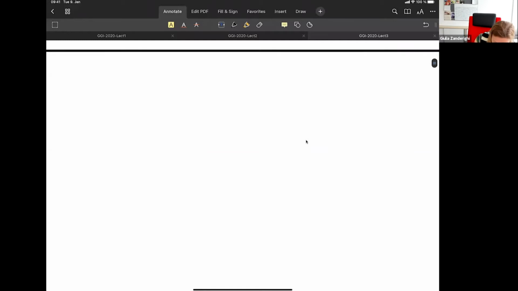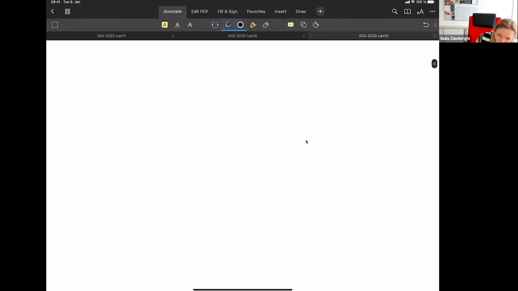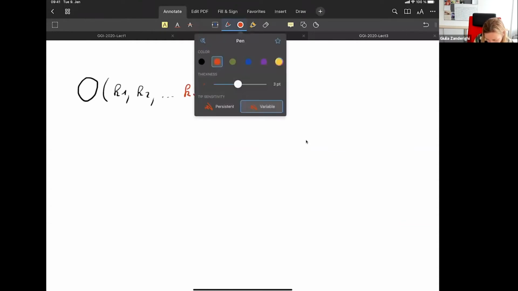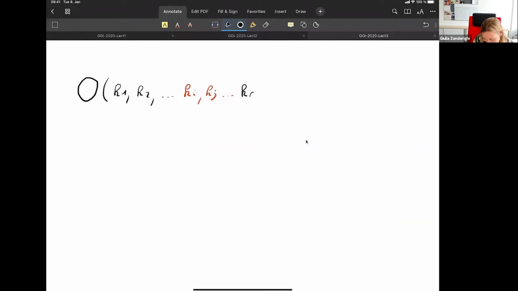You take an observable, let me call it O, that depends on your final state momenta k1, k2, and then on two momenta, let me call them ki, kj, up to kn. So this should go to the same observable, O of k1, k2, ki plus kj, up to kn,